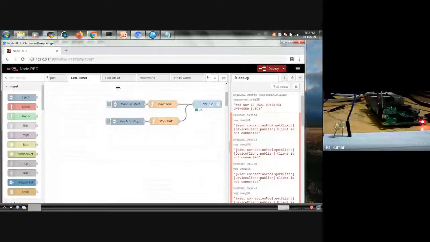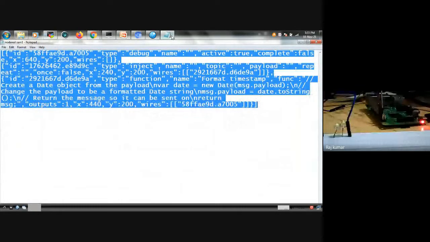That is the option. You can store them permanently on another file system, just the one I have shown like this. Suppose this is the JSON code which is generated when you click on that particular node. You can copy and paste it and save it somewhere. Whenever you want, you can retrieve it simply by importing. That is the option.